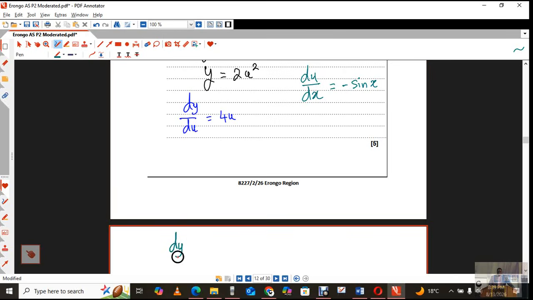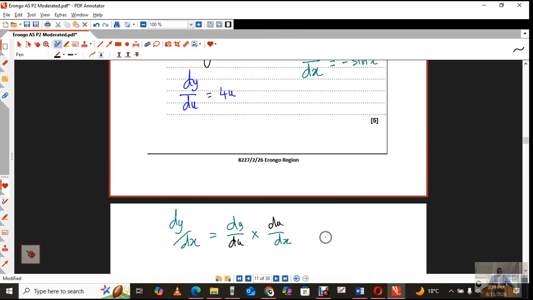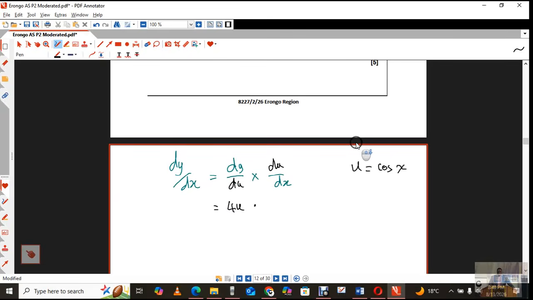Now I know that dy/dx is going to be dy/du times du/dx, and you're going to have du here and du there. It's like those u's cancel. Right, what is the value? Remember, u was equal to cosine of x, if I'm not mistaken. So when you do dy/dx, dy/du, which is 4u, times du/dx, which is minus sine x, that is